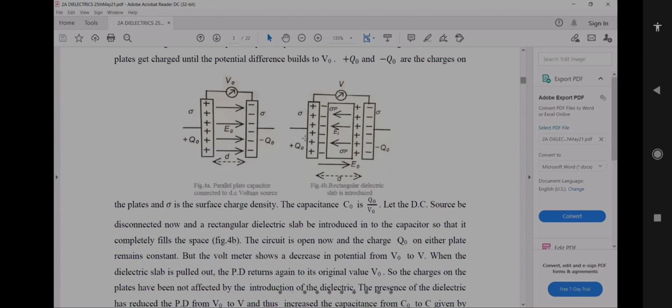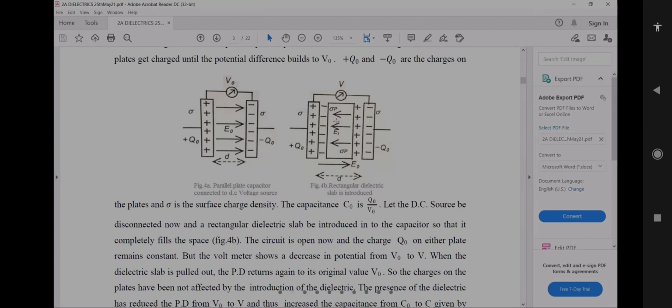So see the figure. Due to the placing of a dielectric slab in between the two capacitor plates, a dielectric means positive and negative charges both coincide with each other. Whenever it is placed in the external field, these two charges get separated. It means it gets polarized, that is, a dipole arises within the material. An electric dipole means two equal and opposite charges separated by a fixed distance.